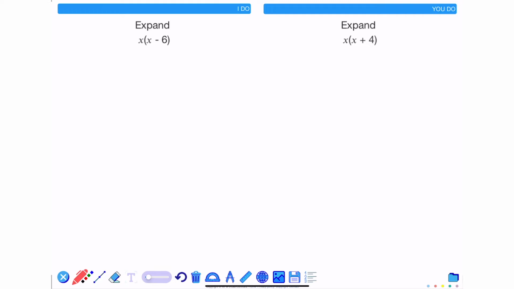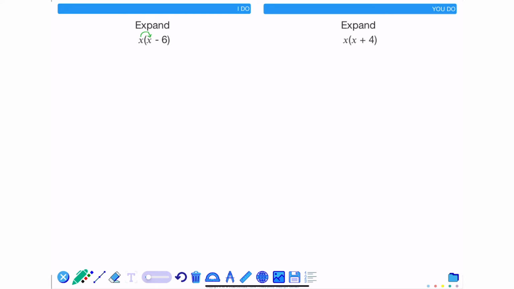In this video, we're going to take a look at how we can expand over a single bracket. In a previous video that I'll link here, we explored how we could use simple strategies to expand brackets. In this video, I'm going to use the claw method. So looking at the example on the left-hand side, the first thing I need to do is multiply x by